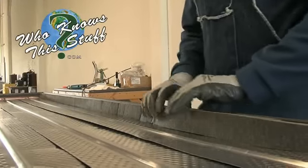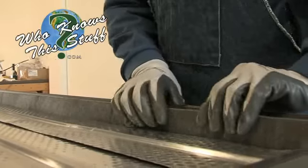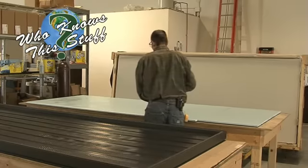So this is the perimeter insulation that we're putting around the back and the sides, ends and the sides, I guess. As you can see,